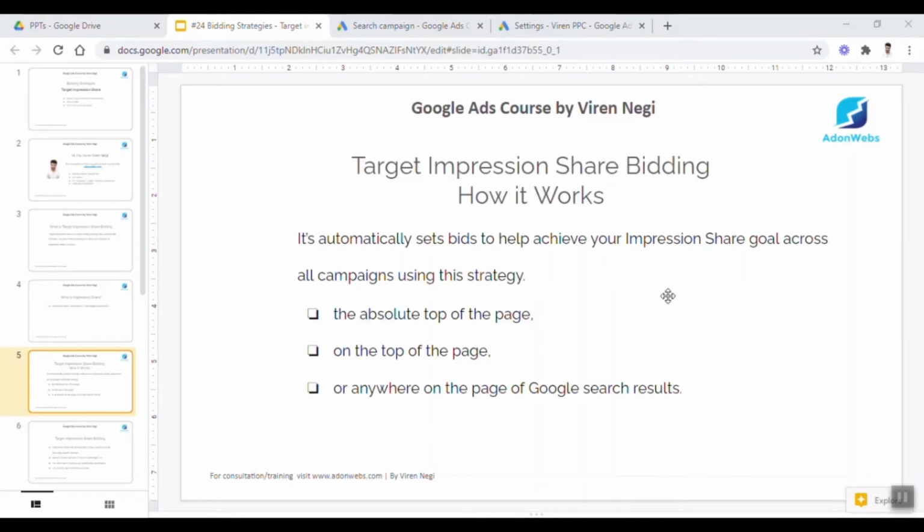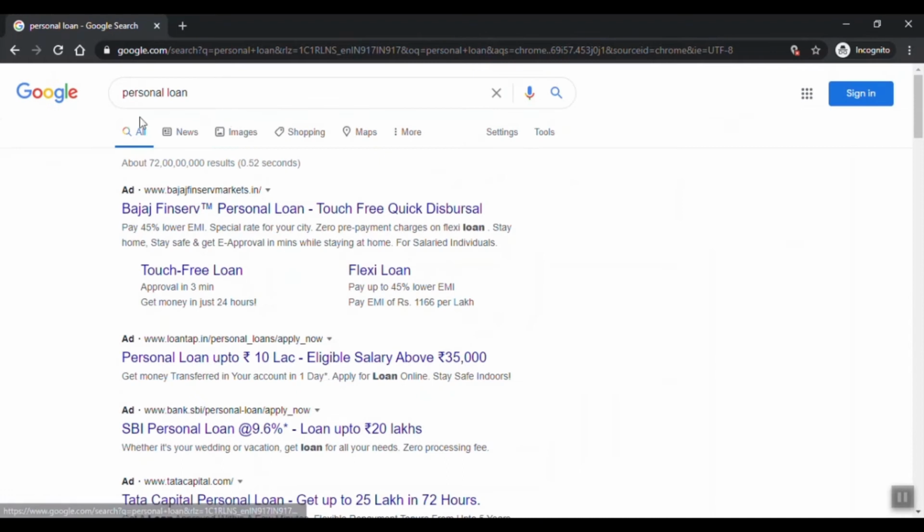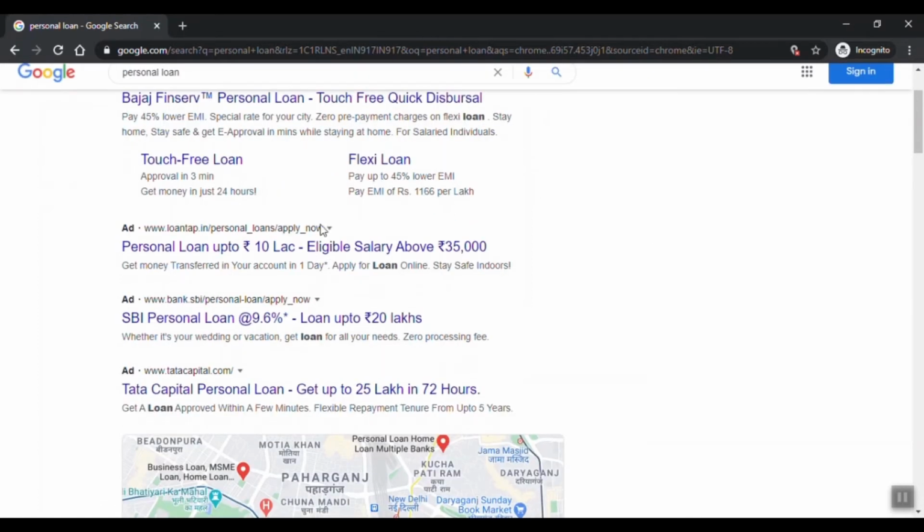So how does target impression share work? Based on the placement you have selected, let's say absolute top, or the top of the page, it will set your bid according to that and the impression share you want. Let me open a new window. Let's say you search for a personal loan. This very first position is called absolute top, and the other positions are called above the organic, or top of the page.